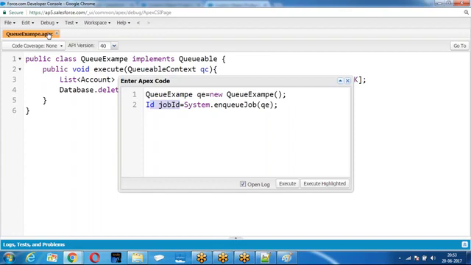You should define it like a Queueable Apex class.